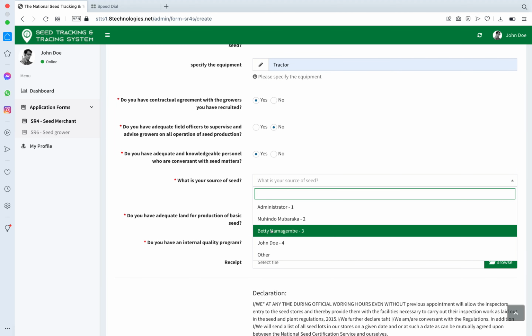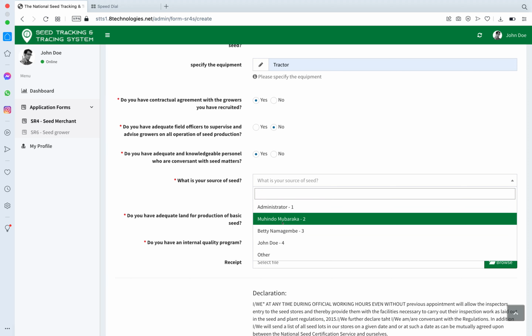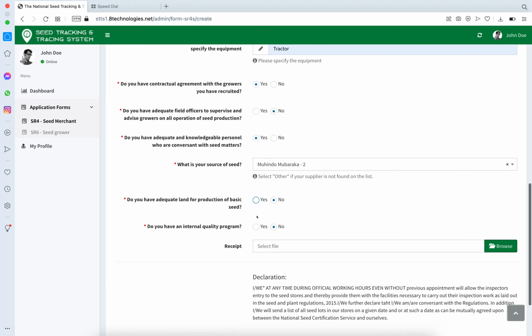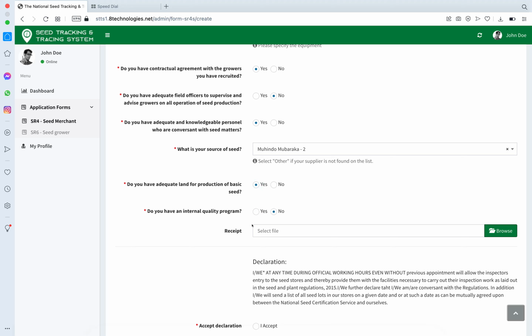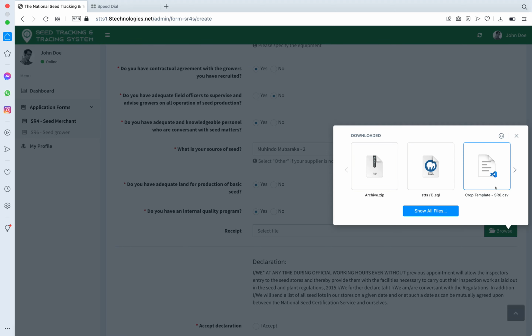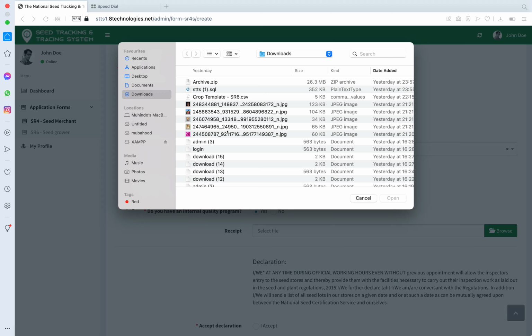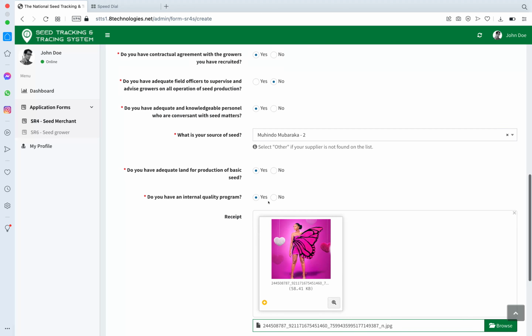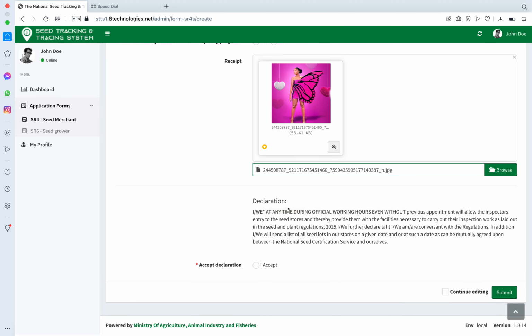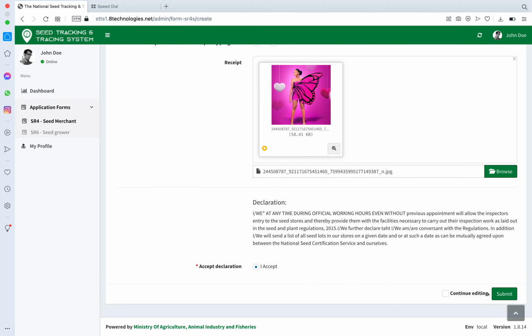I have a supplier, so it'll list for me the suppliers which are there. Maybe basic seed, yes, no, okay, yes. I can upload here a receipt. For example, they're asking for a receipt. Then I click here, select a file. I can choose a file from my computer to test as a receipt. Let me choose this one. Okay, I hope that is a receipt, and then I can accept the declaration, and then